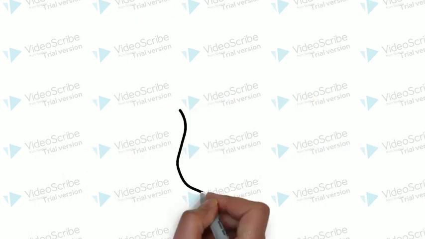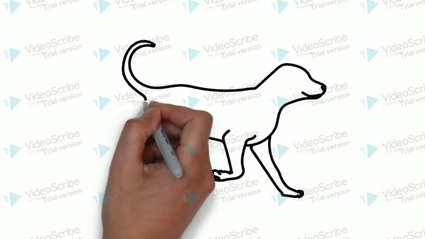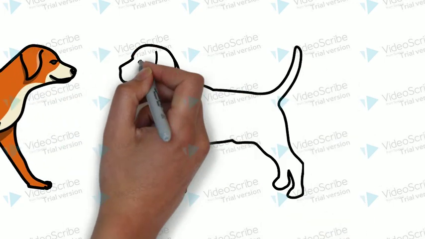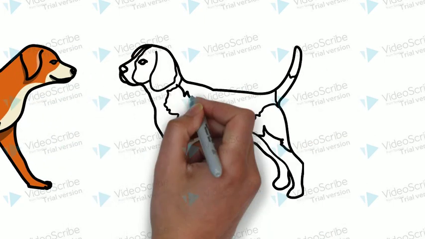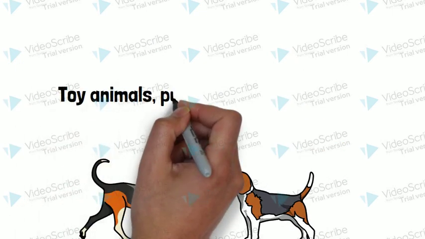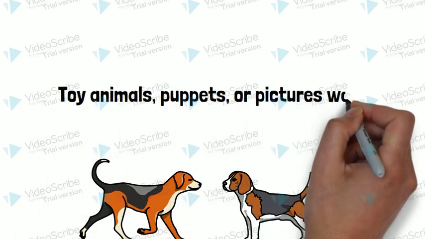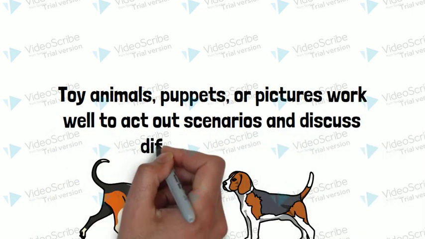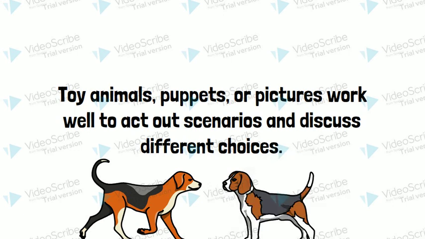Use animals to act out scenarios or have other people to role play things that have happened in the classroom or are likely to happen, such as what to do if someone has a toy that a child wants. This is a great time to talk about choices and go through the problem-solving steps.